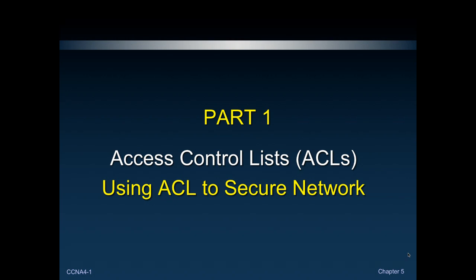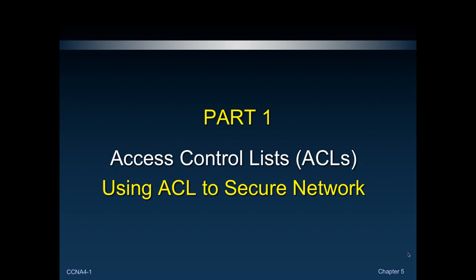It is actually a function on the routers that monitor incoming and outgoing traffic and compare it with a set of defined statements, which is the list. So basically, ACL work on a set of rule, and this set of rule is placed to provide a security